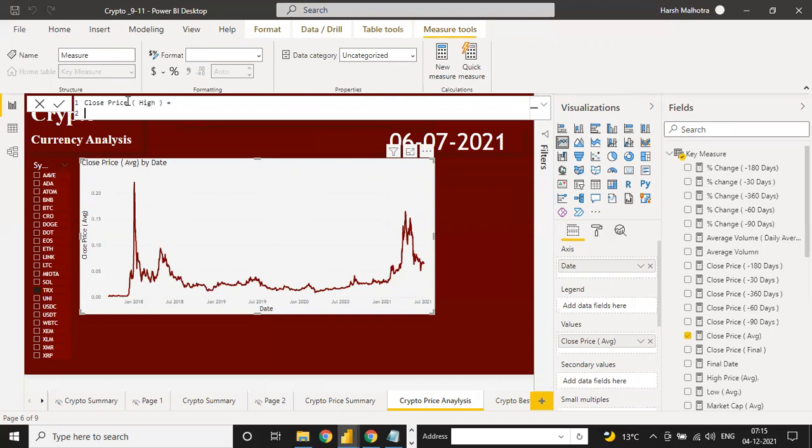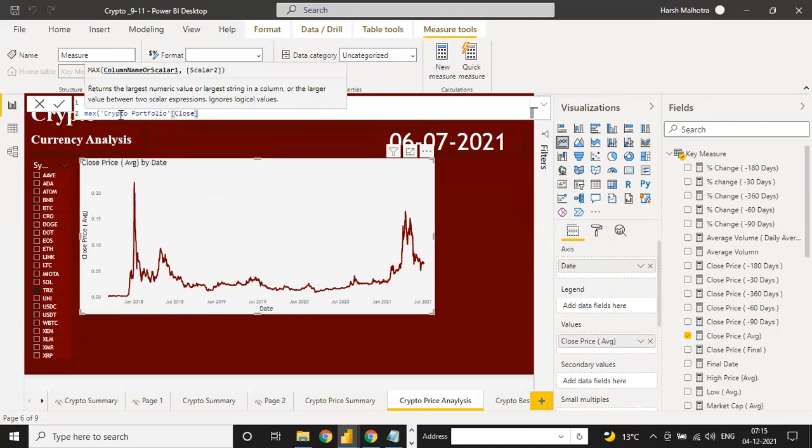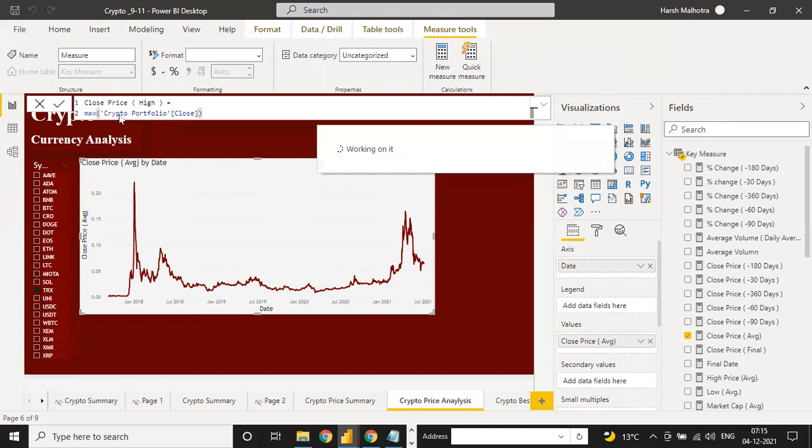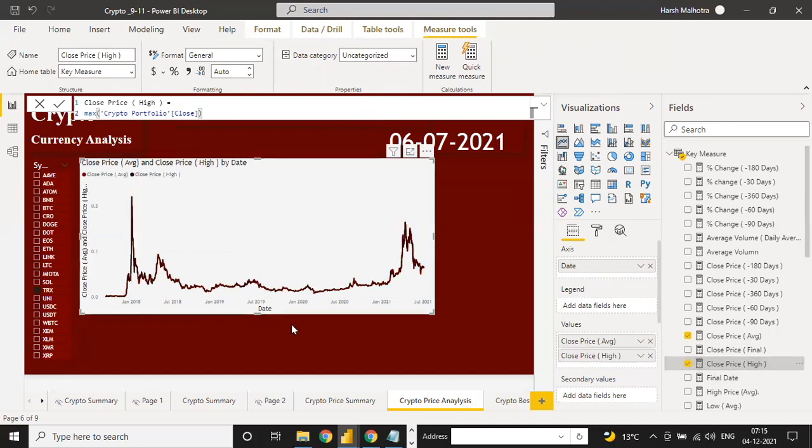high. High means, guys, what? What is your actual close price, and what is the maximum of your close price? Right now, this line is showing the average of close price, and we are going to calculate the maximum of close price. Enter. This will give you the high price of every date wise. If I click this high price into my value, let's see what the impact is here.